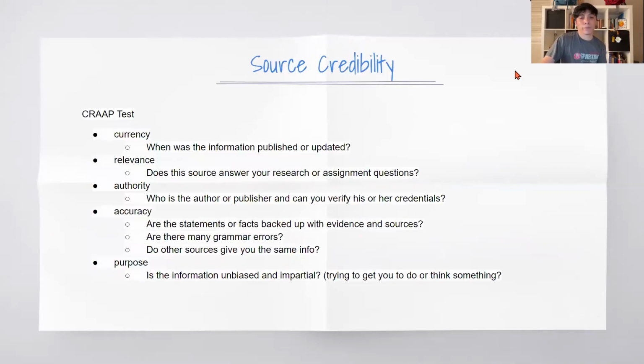Okay, so one way you can check the author's evidence, like if it's credible or not, to see if it's actually a good thing to listen to, or if it's something we should probably ignore because it's not really the best evidence that supports their claim, we can put it through a test that I used when I was in middle school. My teacher called it the CRAP test, with 2 A's. And it's just an acronym for currency, relevance, authority, accuracy, and purpose.